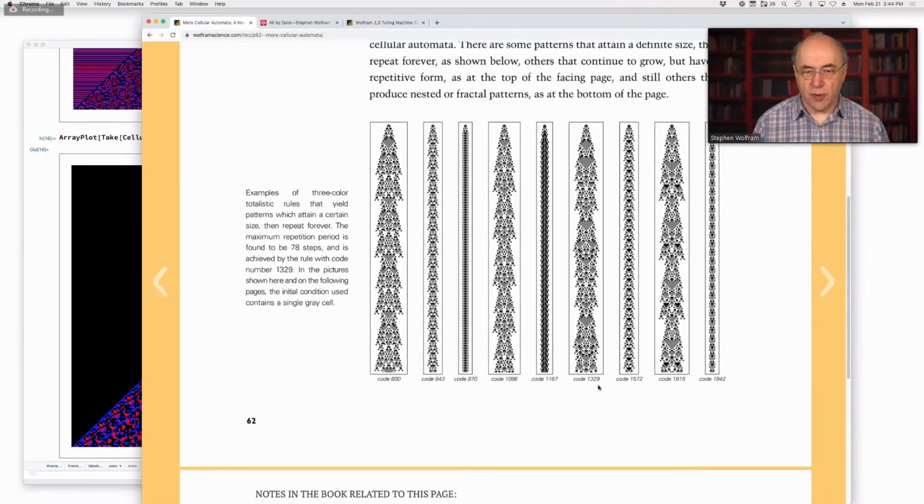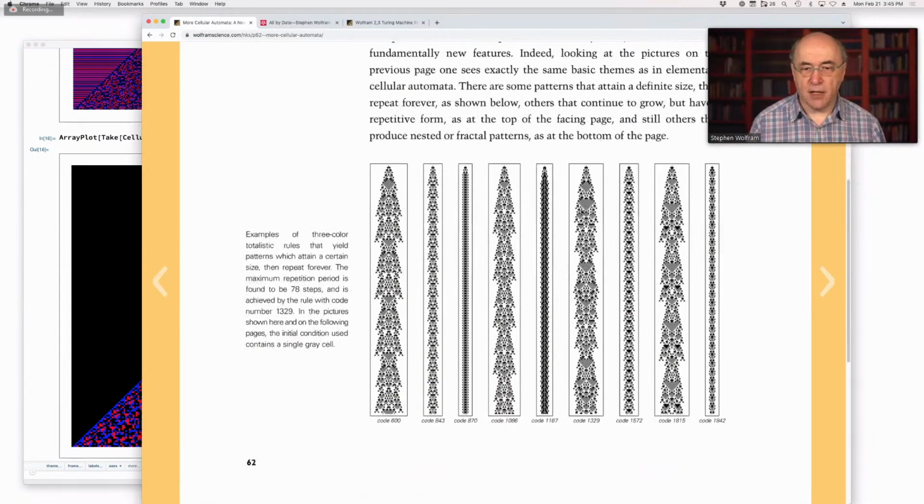I talk about the 1329 rule, code 1329. I call them codes for totalistic codes to distinguish them from the rules of the pure elementary rules. So code 1329 has, as it turns out, we'll find later in the book, all kinds of elaborate behavior if you start off from different initial conditions. But here we're just seeing it already making this very